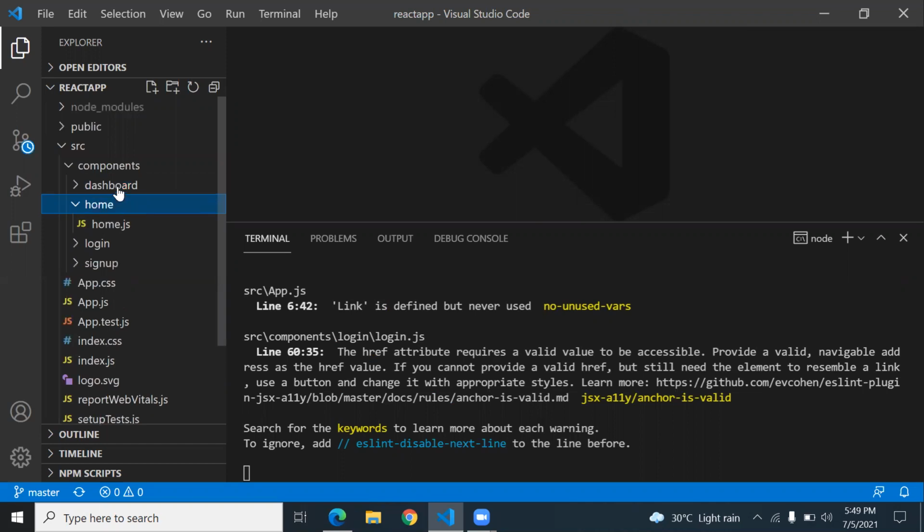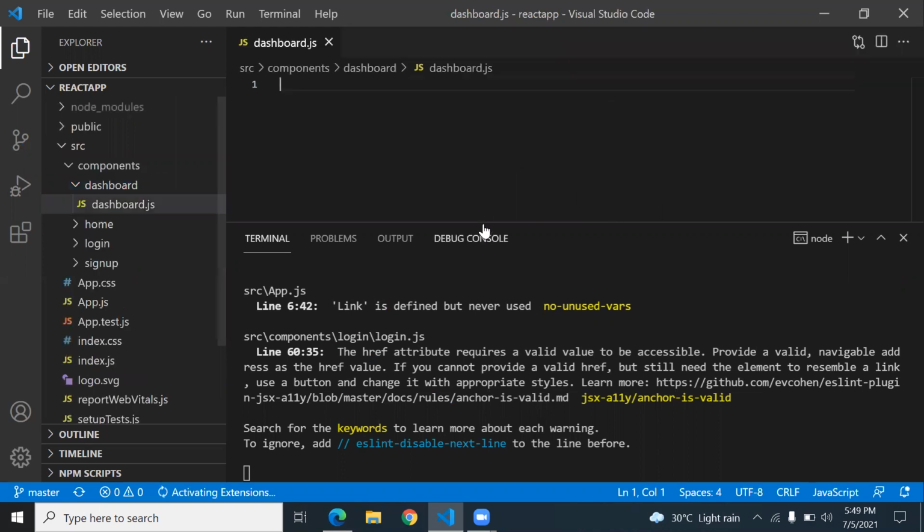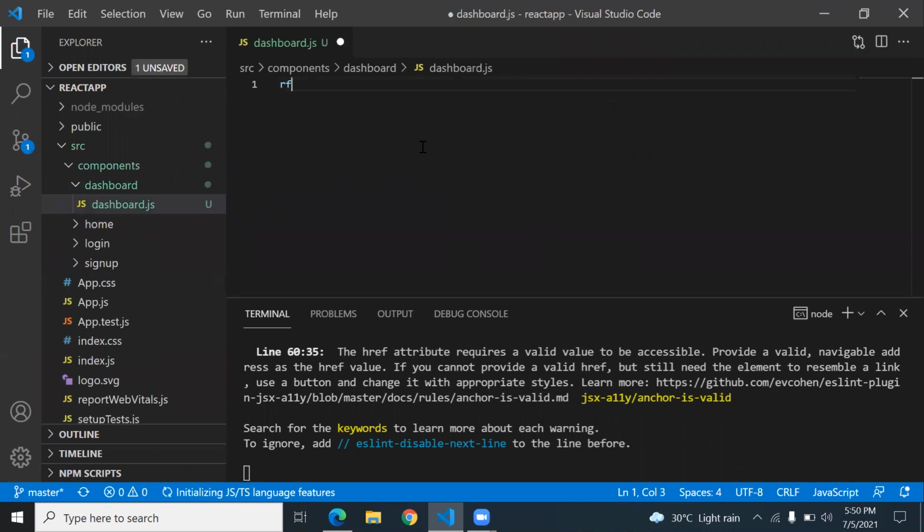Inside dashboard, I create a page called dashboard.js, and in this dashboard.js I create a dashboard function.